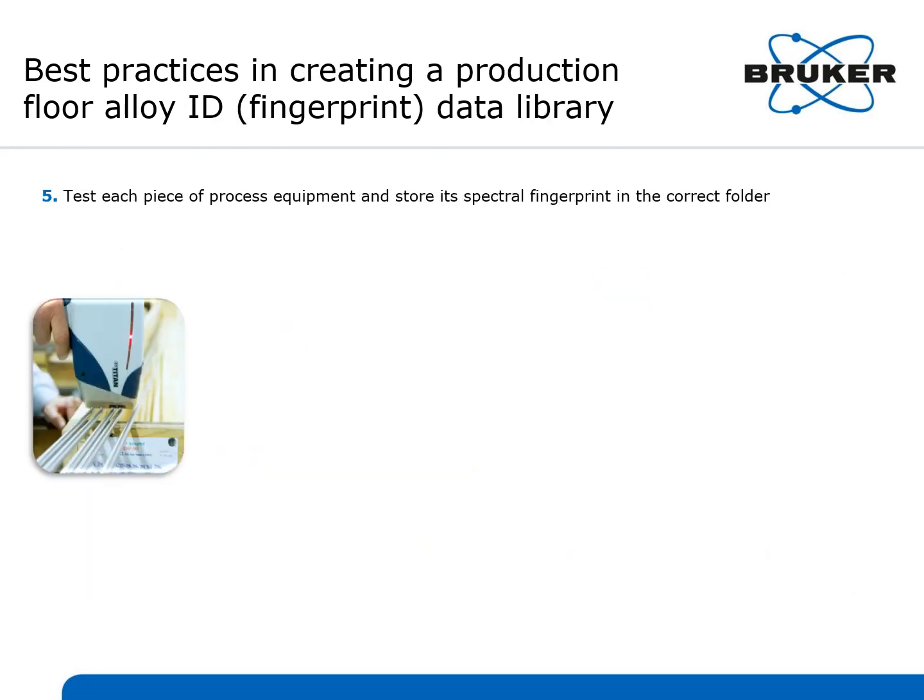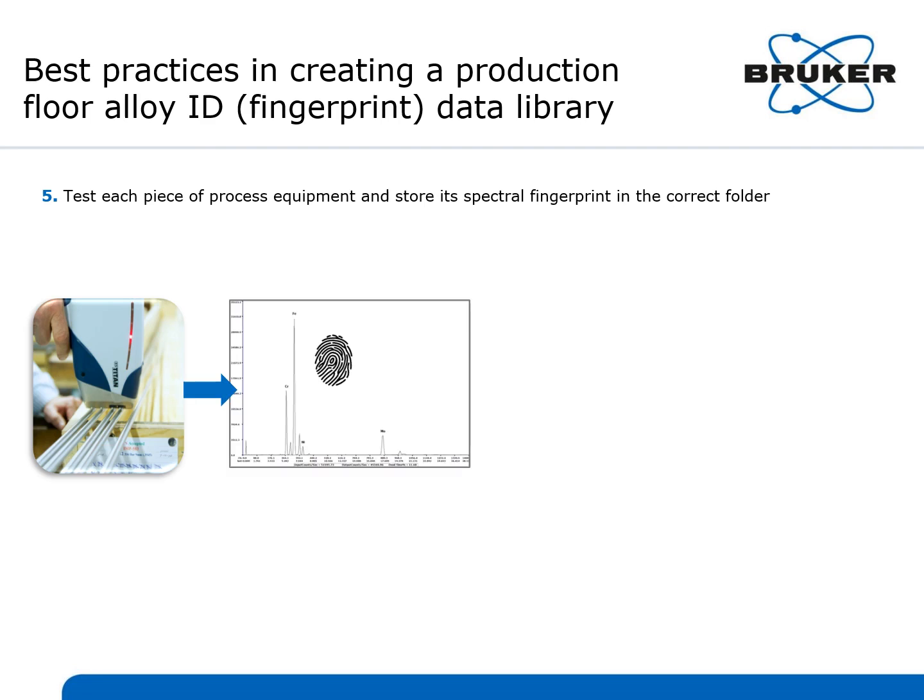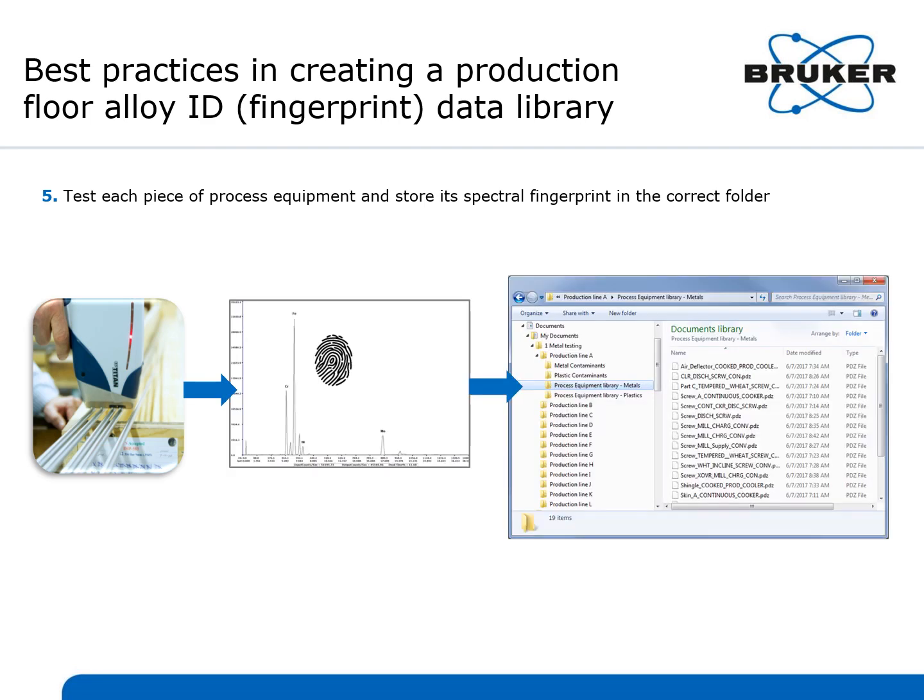Finally, you need to test each piece of process equipment and store its spectral fingerprint in the correct folder. For instance, if you test a metal piece on production line A, you need to name it and place it in the process equipment library metals folder. Once you've created your spectral fingerprint library, you are ready to identify the source of contaminants that are found during